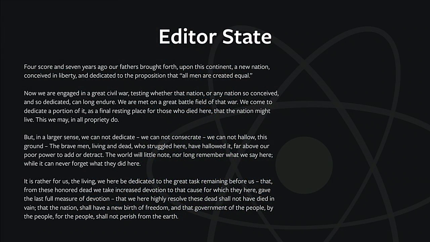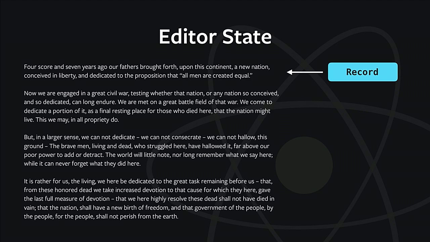So let's talk about what this editor state looks like. Here's an example. This is the Gettysburg Address. It's pretty short, 4 paragraphs of text. If we're going to think about what a snapshot of this looks like, we could say, OK, we've got this plain text string. No problem. That works fine for the Gettysburg Address, but what if you want something that's like 50 Gettysburg Addresses? What if you're trying to represent Ulysses? It's not going to work so well to have a single plain text string and just try to operate on that. So what we'll do instead is we'll break it apart into discrete chunks, blocks,